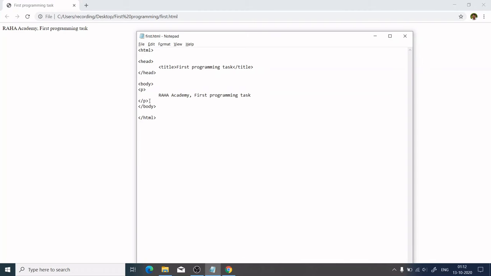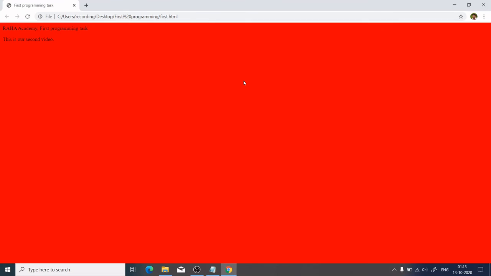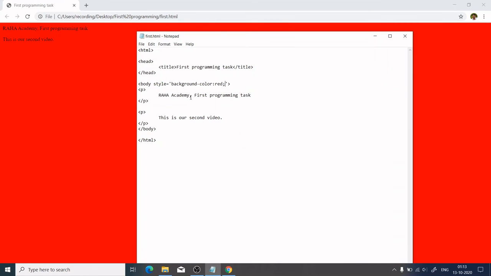Okay, now we can add another para. So, second video. Okay, so you get structure like this. Then length or how long is this particular statement. So let's add some background to it. Style. Okay, so this is the whole task, and similarly you can add